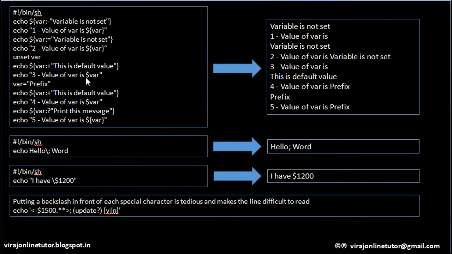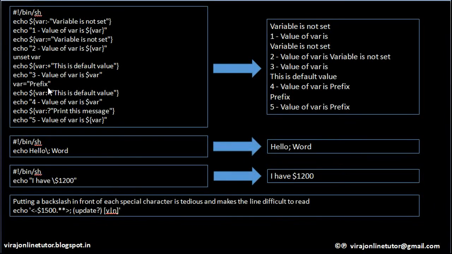What is the content of variable? This string which was assigned as part of this. Only if this variable is unset, it will assign this. Otherwise, no. If this variable is not set, only then it will assign this string over here. Okay. So it will print on the screen value of the variable is, this is a default value.